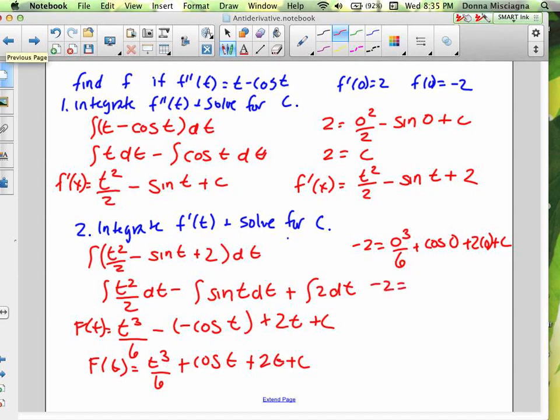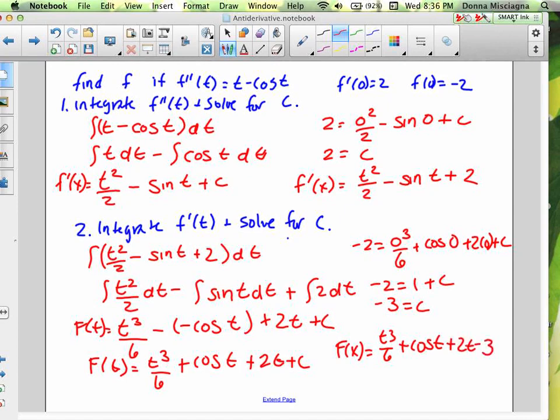The only thing that's not a 0 in here besides the c is cosine 0, because that's 1. So negative 2 equals 1 plus c. Just subtract 1 from both sides. Negative 3 is c, and that means our function really was t cubed divided by 6 plus cosine t plus 2t